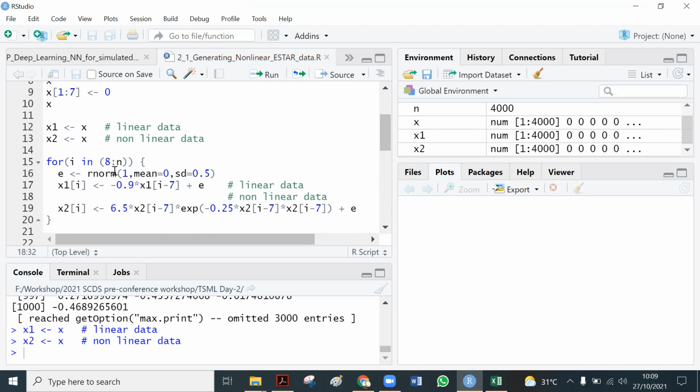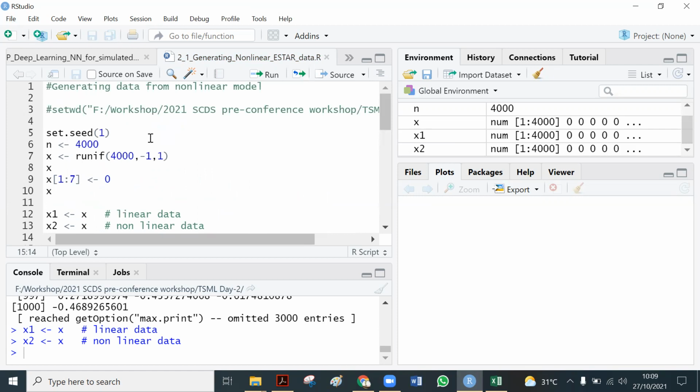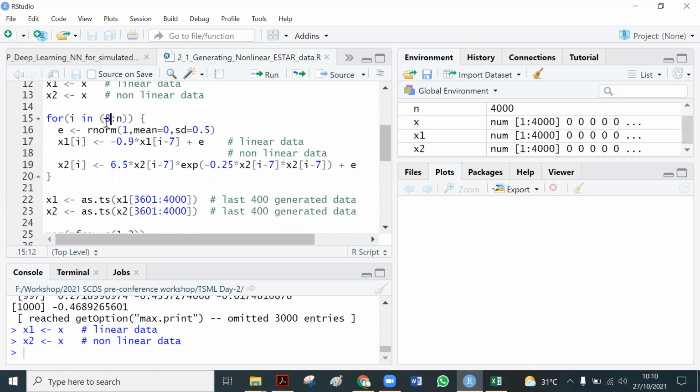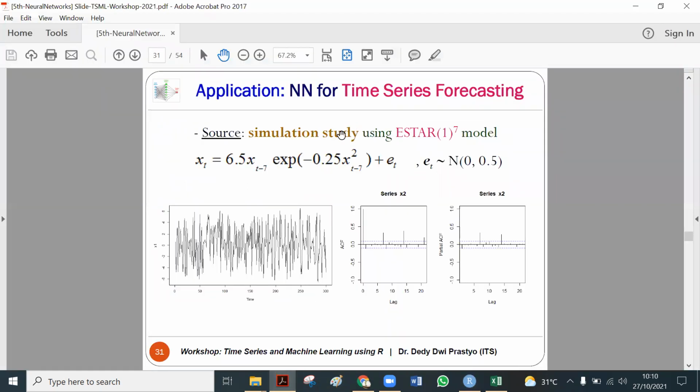Actually we generate from h until n, where n is 4,000. Why start from h? It is because we want to generate the data following A star 1 order 7, so it means t starts from h.